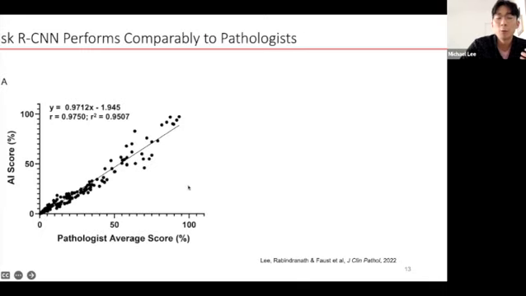And so what we wanted to do next was be able to see how the AI performs, especially with regards to this newly trained instance segmentation based approach with pathologist average score. And so we took this nuclear stain Ki67 and had AI score around 100 images of Ki67 at varying quantification levels, and had 3 different neuropathologists average the score as well. And as you can see, the correlation of the result is very, very strong here between the AI and the pathologists.